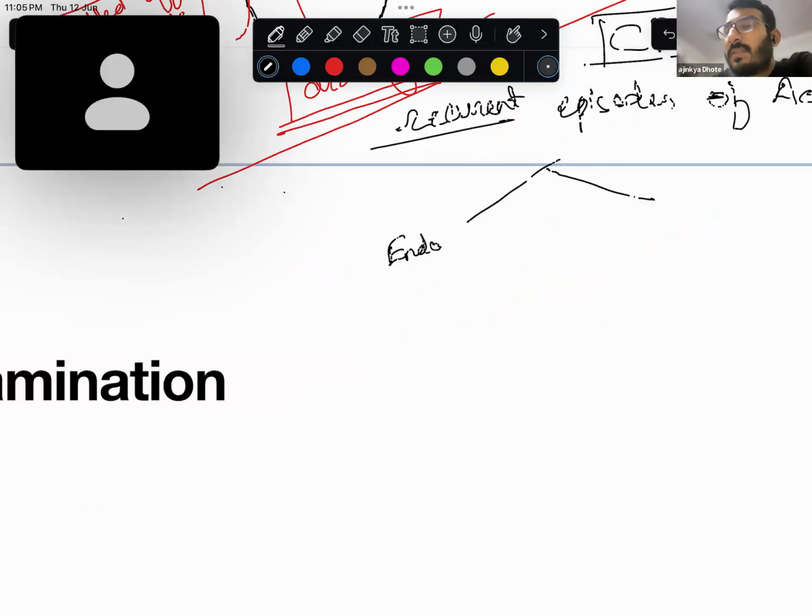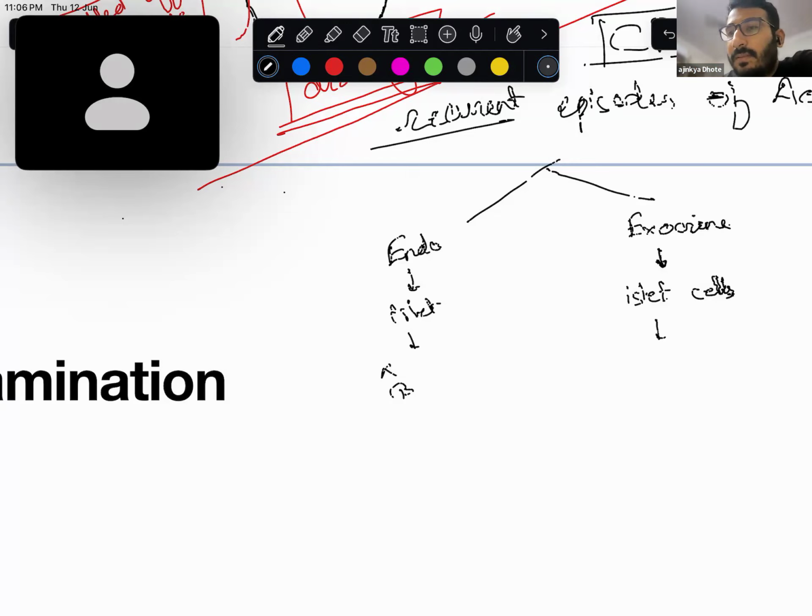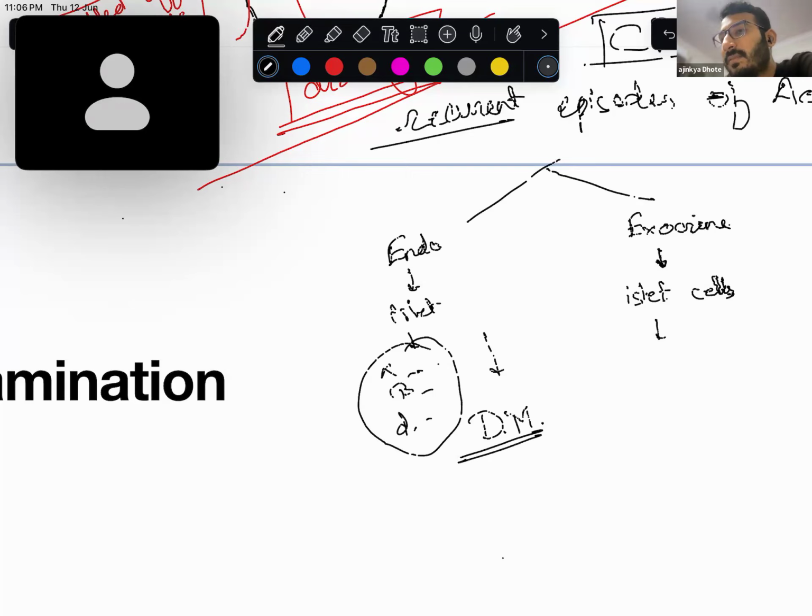Now, because of this, two functions are affected. The pancreas in your body has two functions: endocrine and exocrine. What is the endocrine function of pancreas? Whatever functions are seen in the islet cells. What are the islet cells? Alpha, beta, delta. There are even other cells, but I think these three are important. Alpha, you all know glucagon, insulin, and somatostatin. Whenever there's a decrease in these cells, the most common symptom that you get is diabetes mellitus. If there's a lot of destruction of pancreatic tissue, it leads to something known as bronze diabetes,